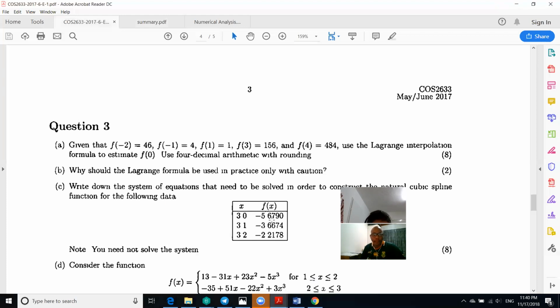Oh, the S1 is the derivative at X. Okay. Basically, I'm